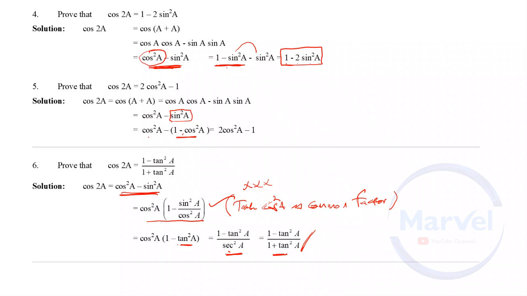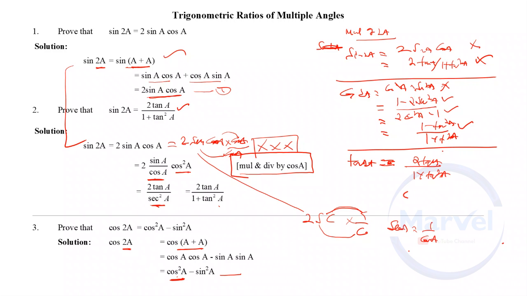So far we discussed 4 formulas for cos 2A. Again I will revise the formula. Cos 2A equal to, what is the first formula? Yes, cos square A minus sin square A. This is in terms of cos and sine. In terms of sine alone, how to write it? Do you remember? 1 minus 2 sin square A. Whenever it is sine, 1 is the greater value.